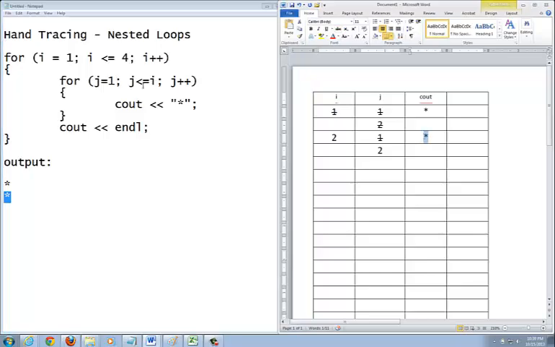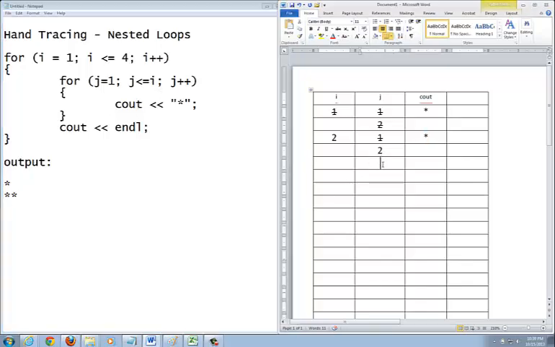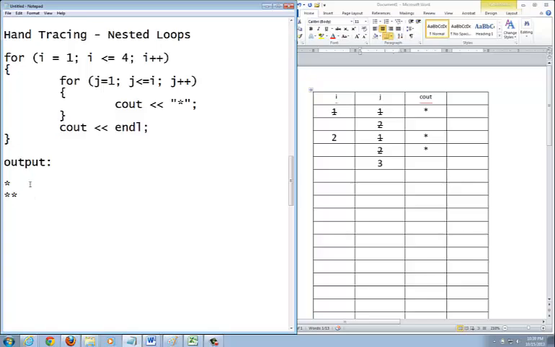So you have 1 that you kicked out with this asterisk right here. When J is 1, I is 2, true. Kick out this asterisk. Then you increment J. J becomes 2, I is 2. You also kick out another asterisk right here. Now when you increment J, J becomes 3. This needs to be struck out. Here's the other asterisk in here. J becomes 3. 3 less than or equal to 2? It falls out, goes directly to the N line, next line down. And then what is your I now? I now is changed to